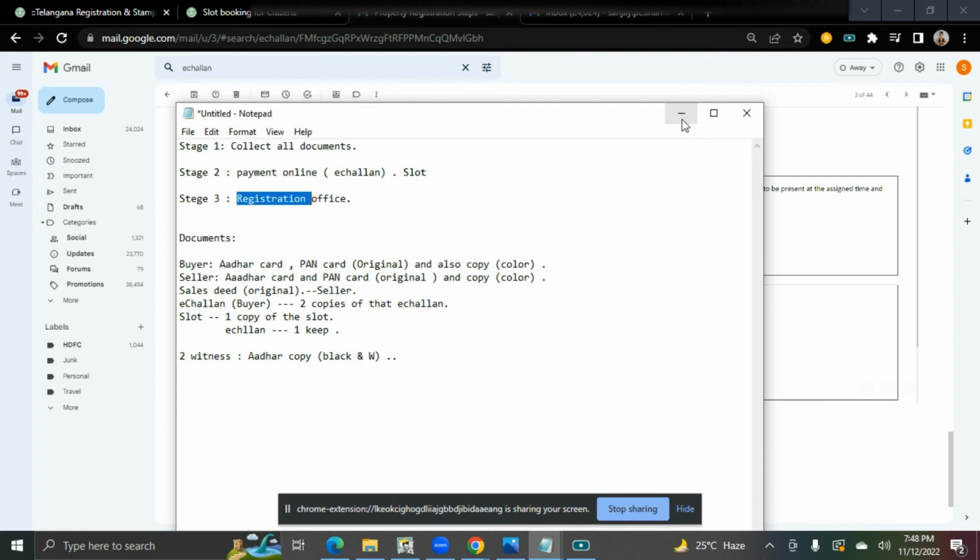Monday, Friday and Saturday are, I think, more rush, but on these other days you can go and get things done easily. I don't see anywhere you will face any issues unless you put something incorrect, either by the seller or by you as a buyer, right? If some information is wrong and you have not verified it, that may create some issues. But apart from that, if you have done everything correctly, I feel there are very few chances of mistakes